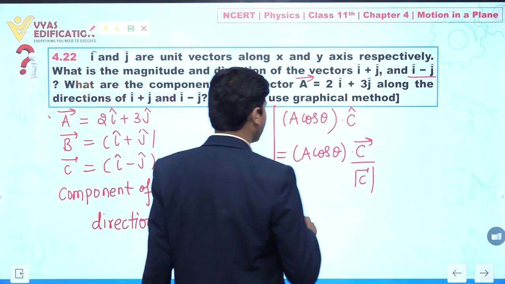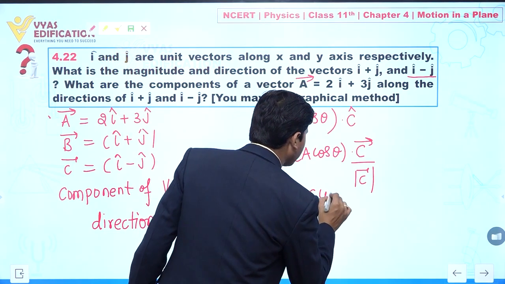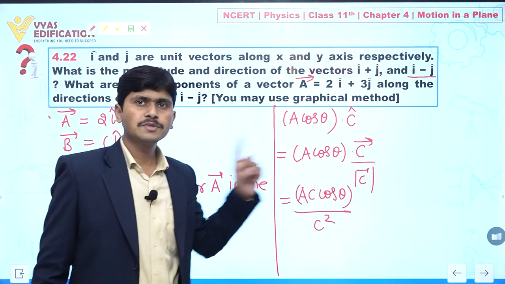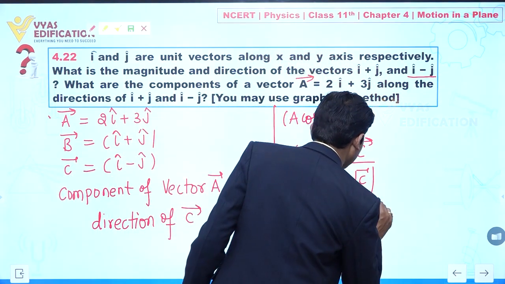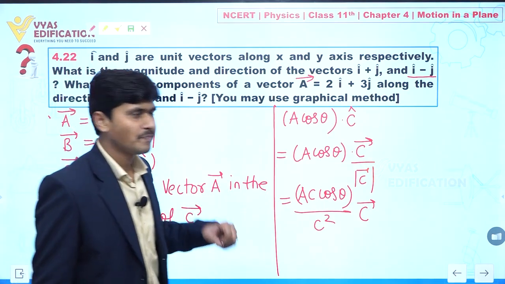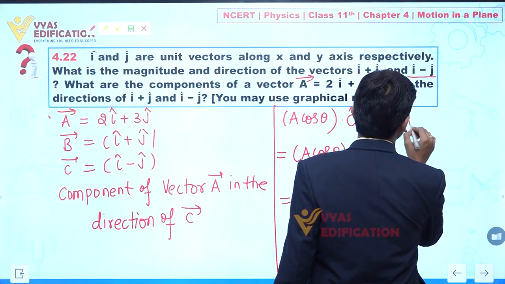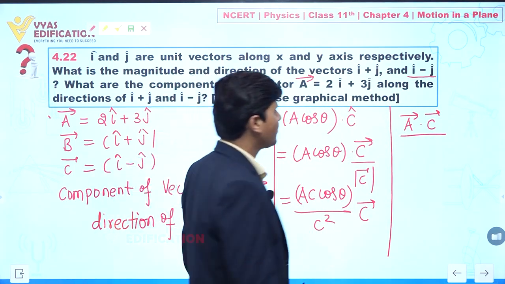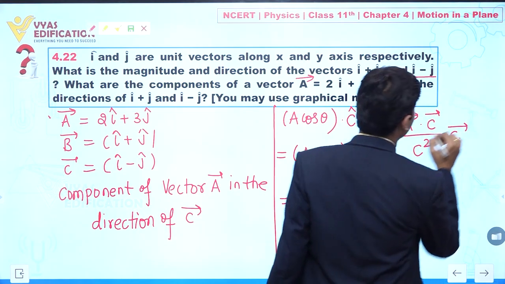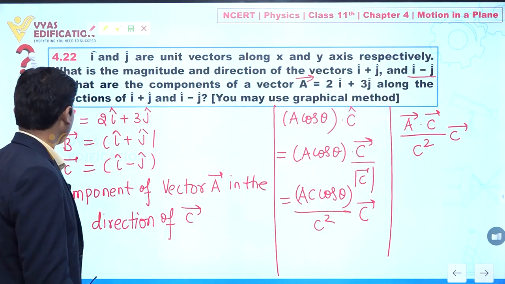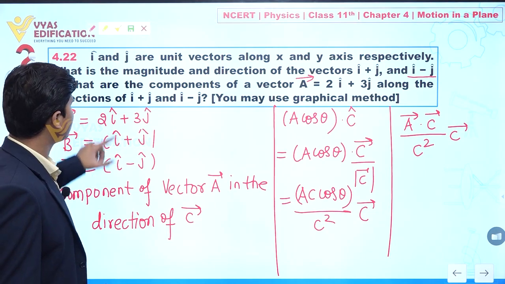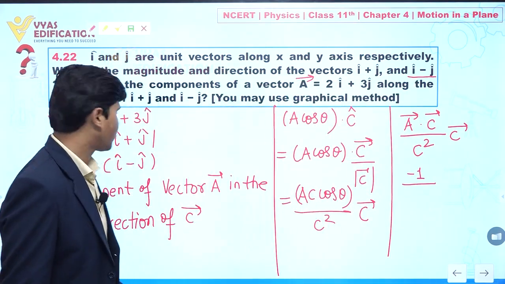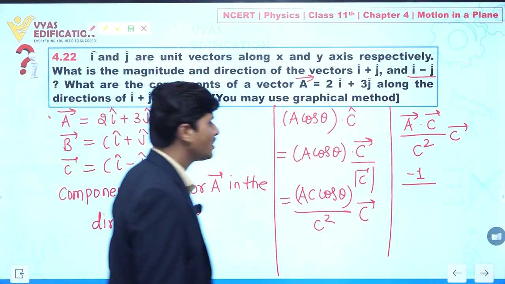Now what I can do here, I can multiply it with C and divide with C, clear. So this C becomes C square, and here we have C vector. So AC cos theta equals what? This is A dot C, divided by C square, and here we have C vector. Now what is the value of A dot C? A dot C, we can say this is 2 minus 3, so this is equal to minus 1. Magnitude of C vector is given by under root of 2, clear,